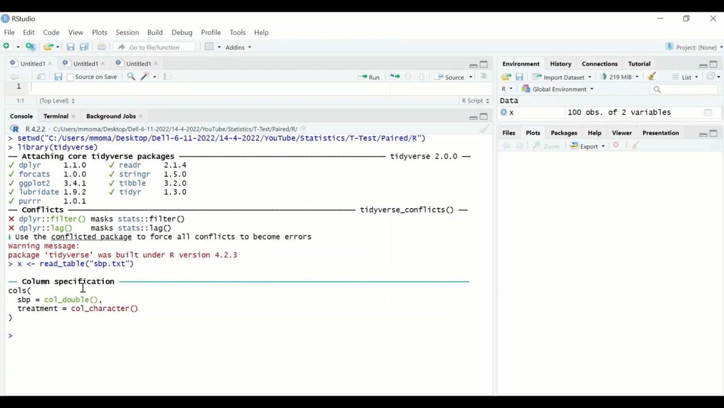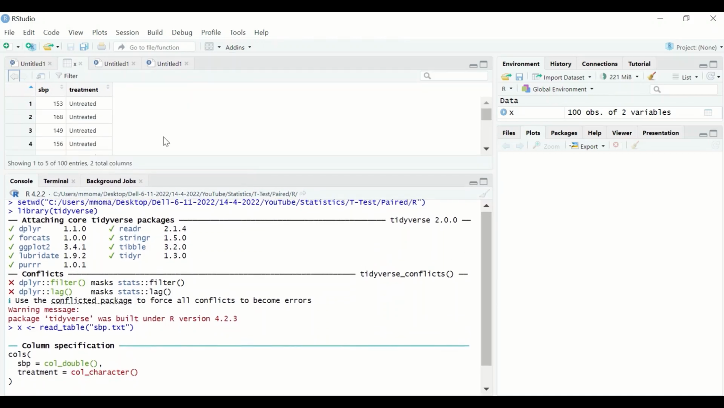As shown here, the data file is loaded into R, and there are two variables in it. One is called systolic blood pressure and the other one is treatment. Treatment is character and the systolic blood pressure is scale or continuous data. Let's view the data by typing View, open a bracket, insert X, hit enter, and as shown here in this section,